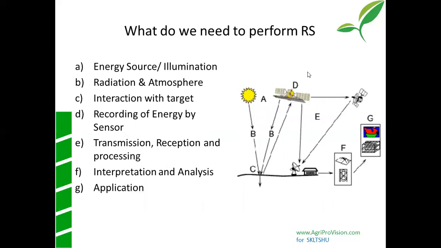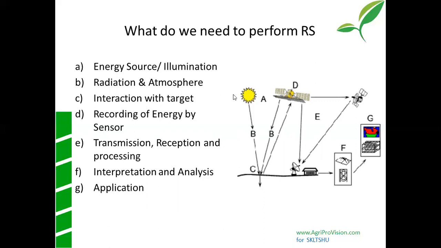So basic remote sensing actually has six steps. When you want to have remote sensing, the first thing you need is something to illuminate, an energy source. What we are doing in remote sensing is basically trying to get the radiation. You get the radiation, you analyze it, you put it into a data format, and then you look at the data. For that, there has to be an illumination source. It could be the sun, it could be the moon, or it could be a source of light that you want to shed out. So the energy source is the primary thing over here.